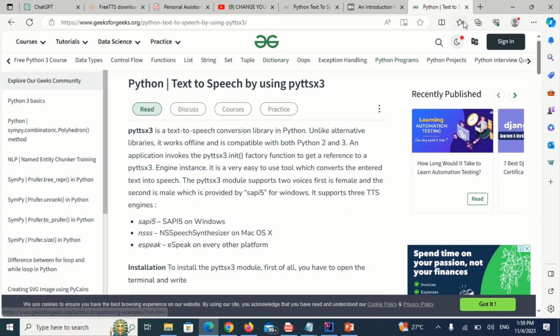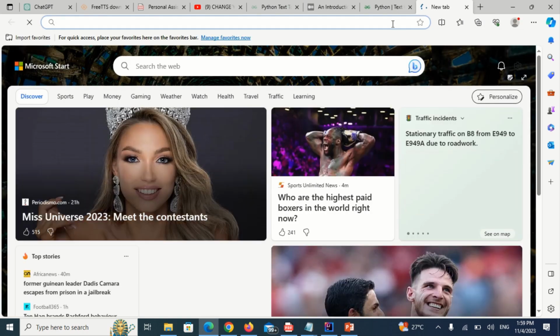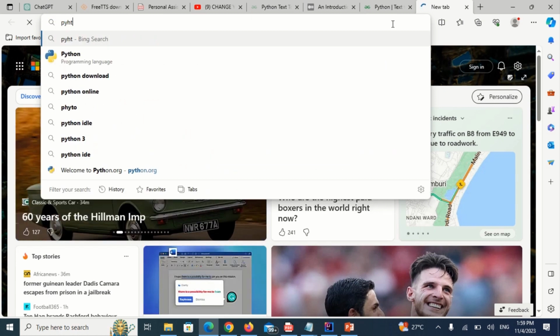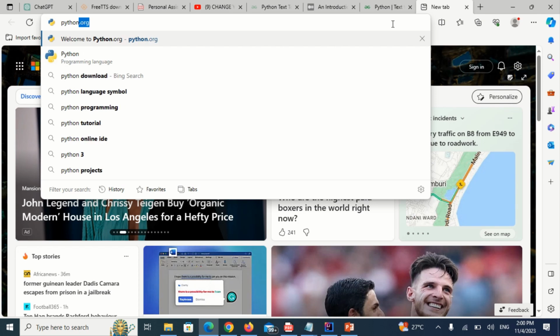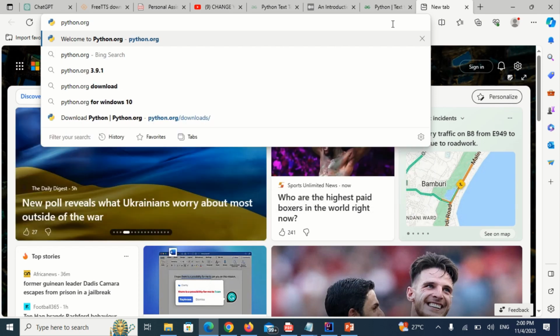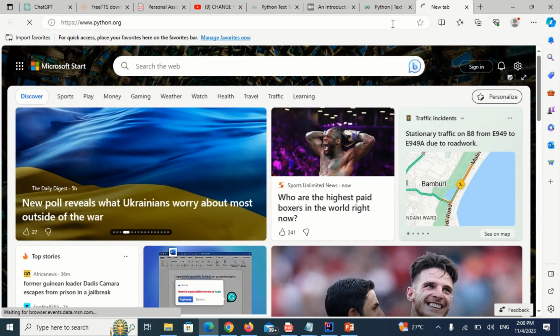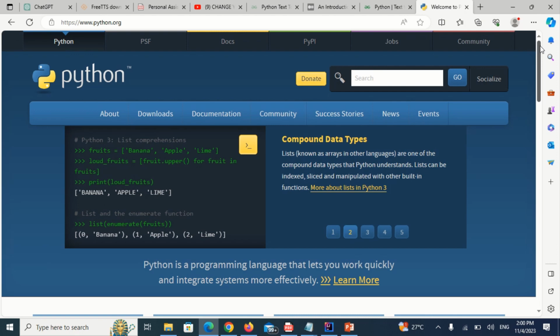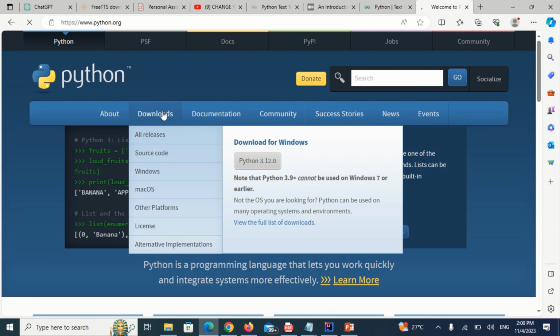So guys, now let me show you how to download Python. Just come to your browser and search for python.org. That is the official Python website, so you can download your Python interpreter. So far there are so many versions of Python which have been released, and we will check it. You come here to downloads, click on downloads,